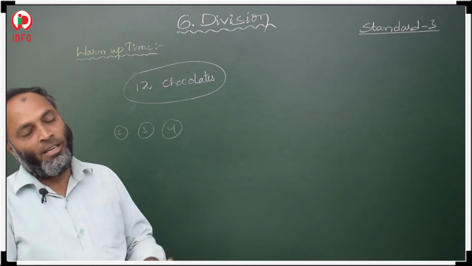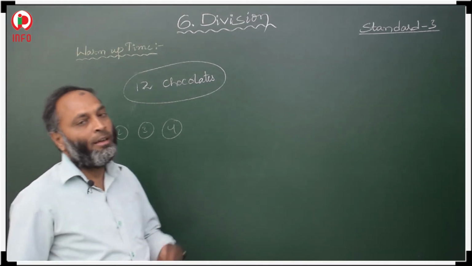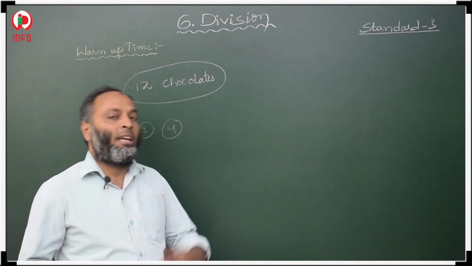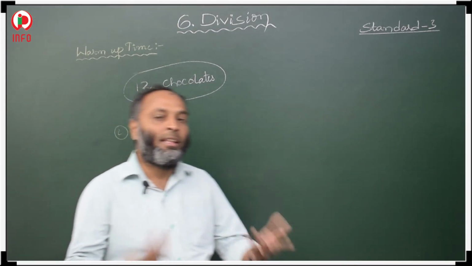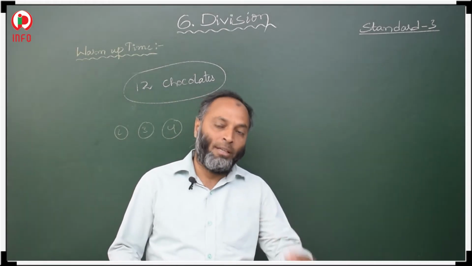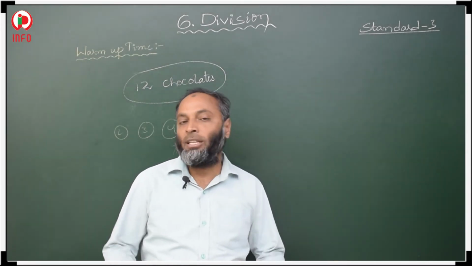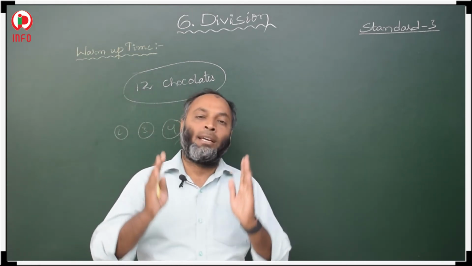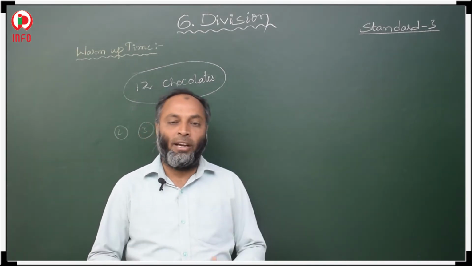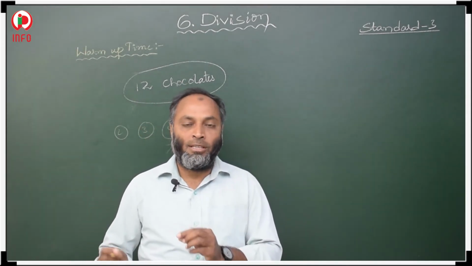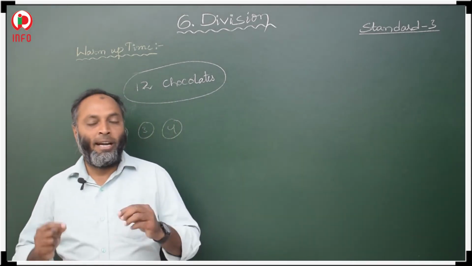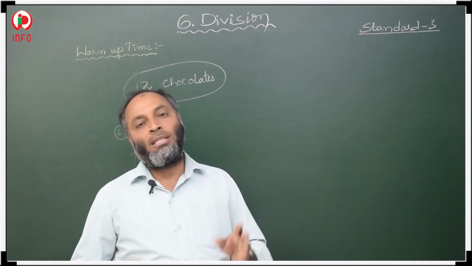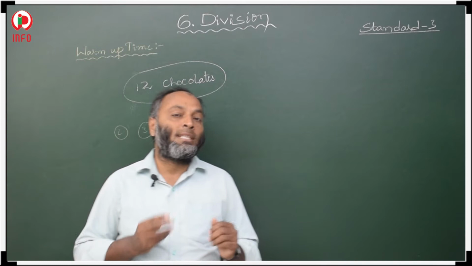In this chapter we are going to discuss how to give, how to divide, how to distribute the given chocolates, given items, given articles, given things. So, we are going to learn this in this topic. Divide means distribute. What terms are there in division, how to distribute, and what division actually means, all these things we are going to learn in this chapter.